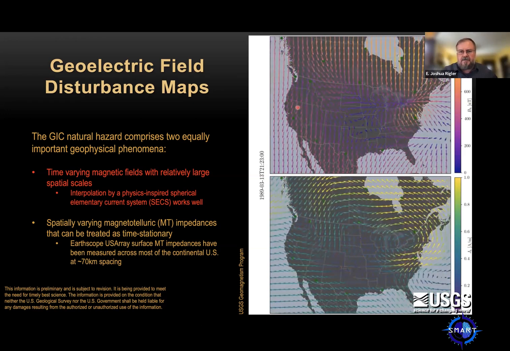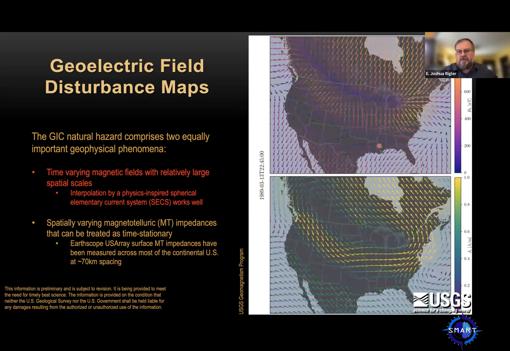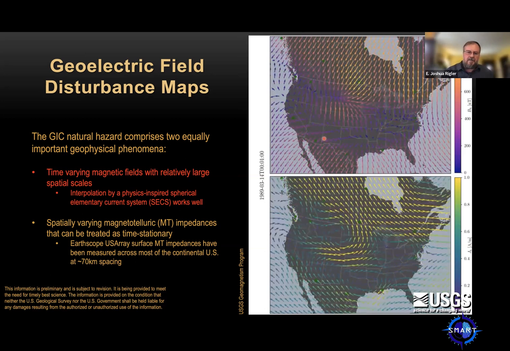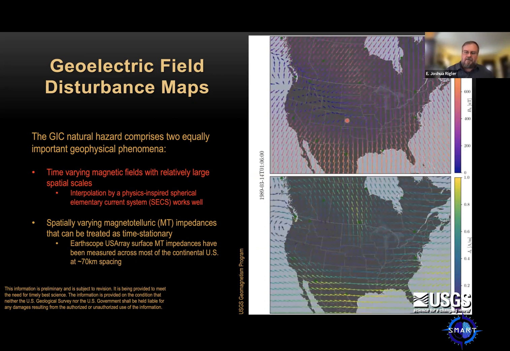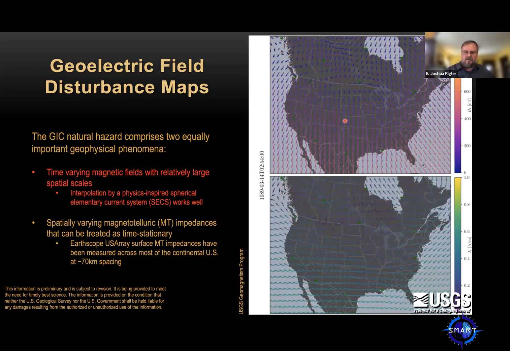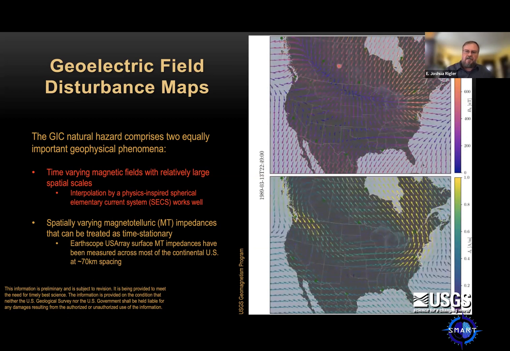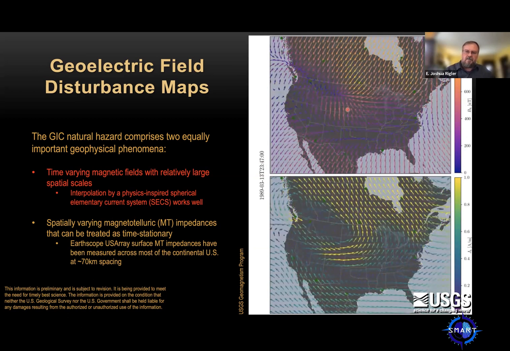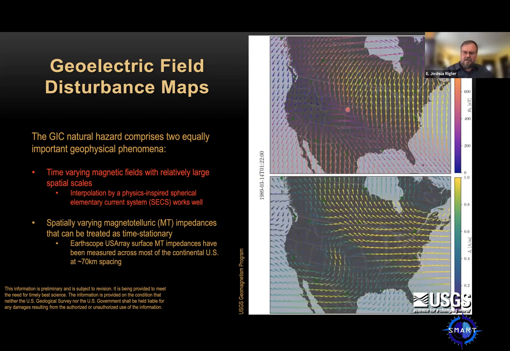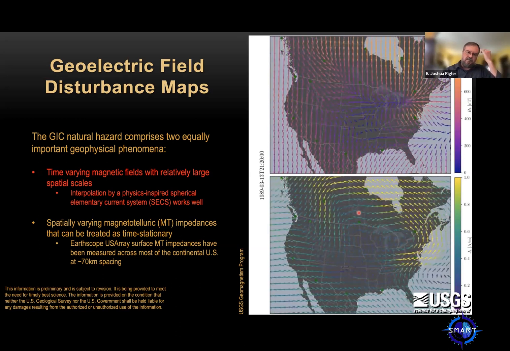Maybe it's hard to see, but there's our Fresno Observatory, our Stennis Observatory, Del Rio, Texas, Tucson, Boulder. We also have some observatories from the Natural Resources Canada program up in Canada. So we're fitting a set of physics-inspired basis functions to measurements and then interpolating based on those measurements. These are for the March 1989 storm that caused a major blackout in Quebec. This bottom plot is maybe of less interest right now, but it shows what the equivalent currents look like based on those magnetic disturbances.